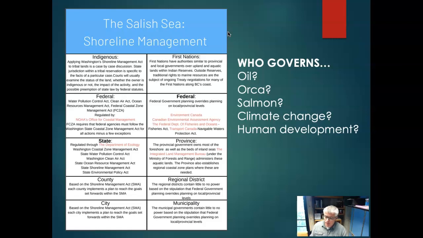So the policies are a bit different and the actors are a bit different, where in Washington you're more likely to be dealing with individual landowners, access for Indigenous people, and state agencies. In Canada, you're likely dealing with federal agencies, Environment Canada and the Department of Fisheries and Oceans, referred to as DFO. So the actors are a bit different, where the regional, municipal, and even state governments have some control, but in Canada it tends to be a little bit more heavy on the federal.